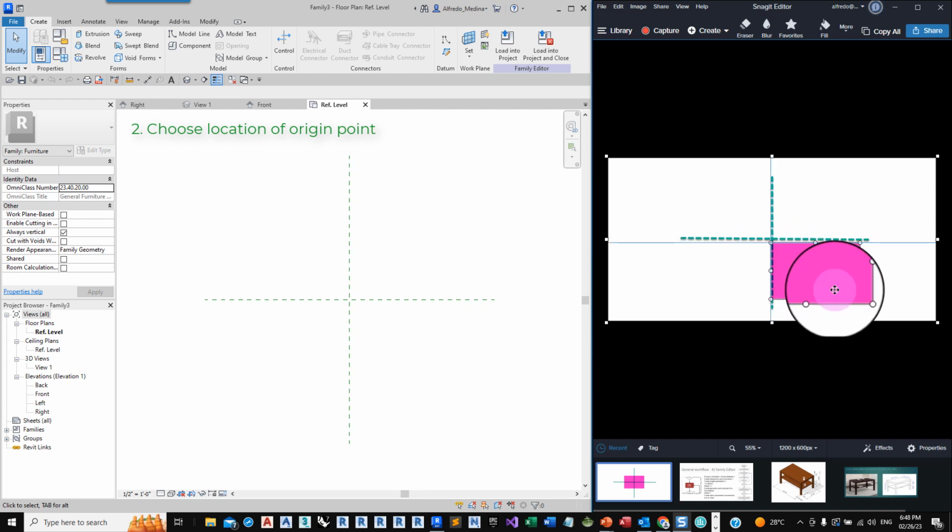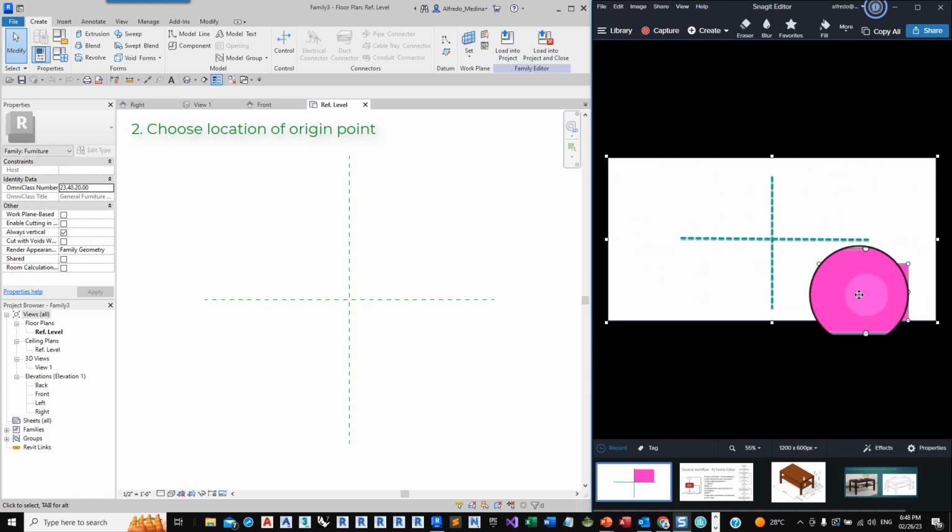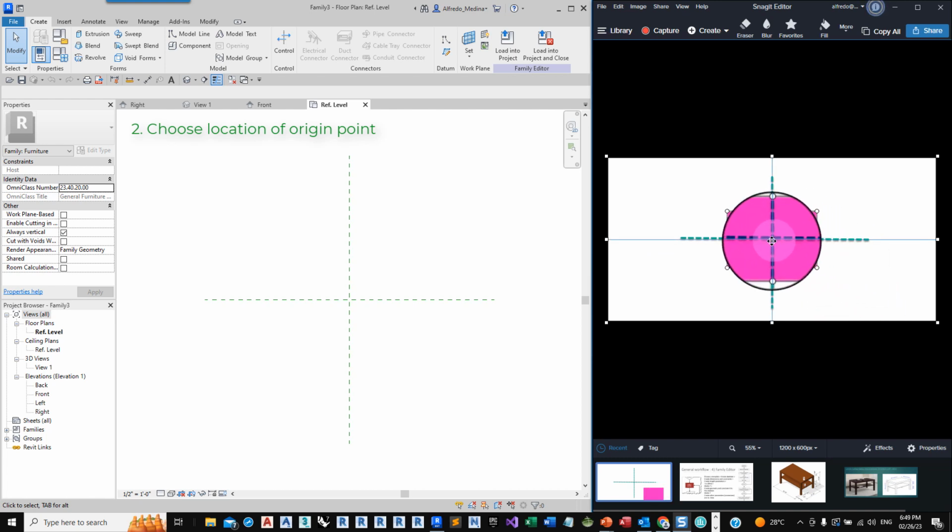You may want to do it like this in some cases, so that the origin of the family is the upper left corner, or maybe the lower left corner. But definitely don't do this. Don't do any random location. The preferred origin is centered at the intersection of the reference planes.